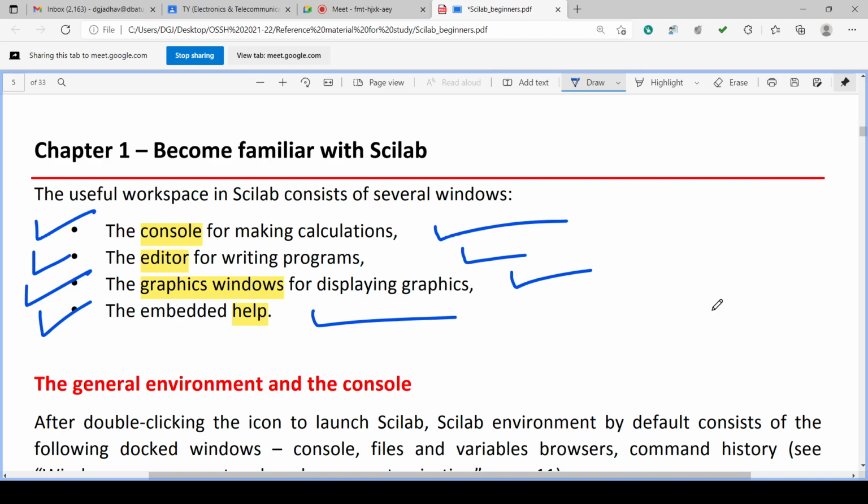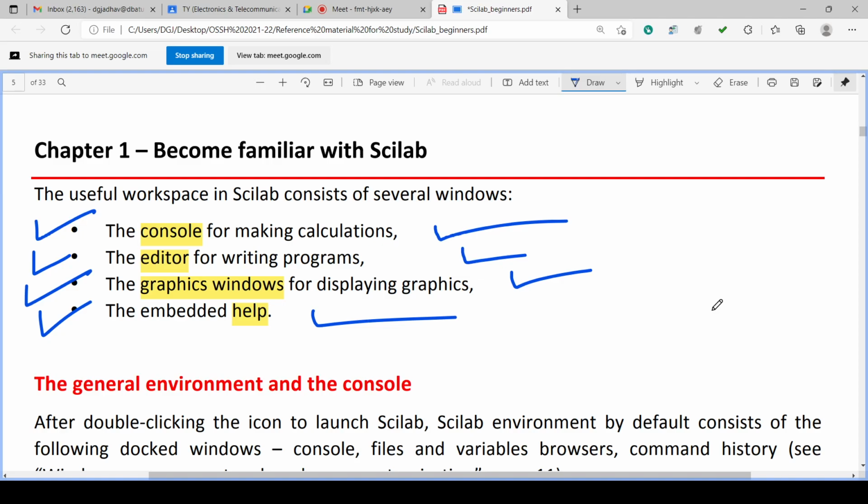The editor is to edit the program. That means a program can be edited in the editor. Any number of lines can be edited and saved.